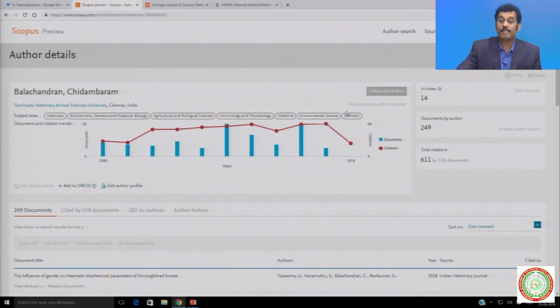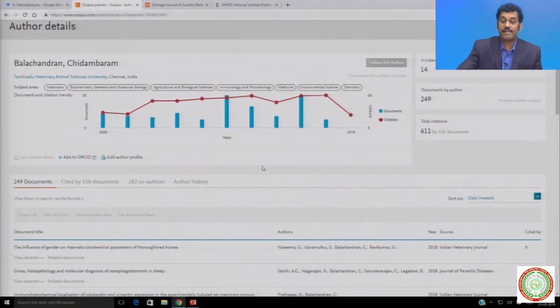You can see his profile. Out of his publications, 249 publications have been considered by Scopus, and all these 249 publications have earned 611 citations. Out of these 611 citations, he has got an H index of 14 by the Scopus database.